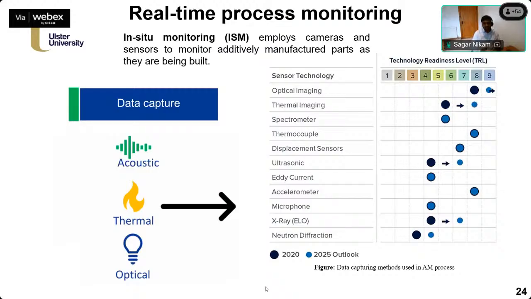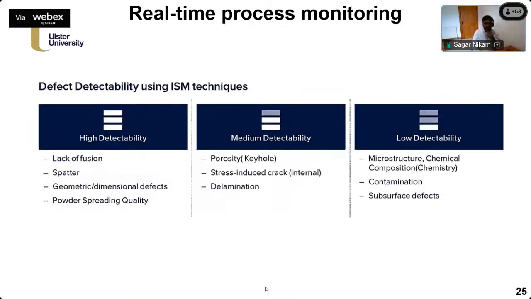So nowadays the research is going on using X-ray synchrotron, where they are passing the X-rays through the objects and helping you get the internal structure of the deposition in real time. X-rays have been used for decades, but doing it in real time is the new thing nowadays, being used for real time process monitoring.